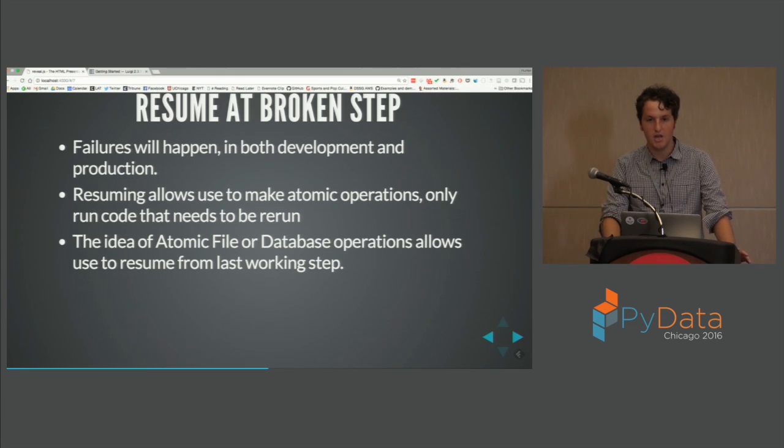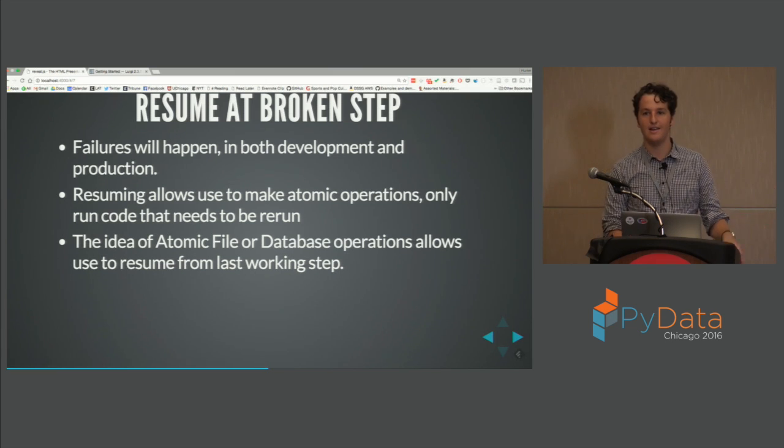So by reducing everything to an atomic operation on a file, like a single unit of work, we're able to rerun from, okay, we don't have the next step file, but we have the previous step, so let's rerun only that, rather than rerunning from the start of the pipeline all over again, which, especially as your data gets larger or your calculations get more complex, it can be incredibly expensive to generate your features